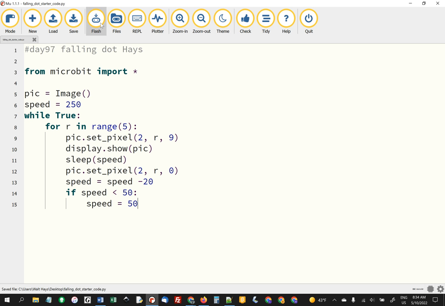Step 2, let's make sure it works. When we flash it, it slowly goes faster and faster and faster, but then it never gets so fast that it's invisible. Okay, so we did step 2 of the instructions. So go back and look at the instructions again. That says change the code so if you press the A button, the falling dot moves 1 column to the left and goes back to the starting speed again, again automatically speeding up. Also add code so that it doesn't crash